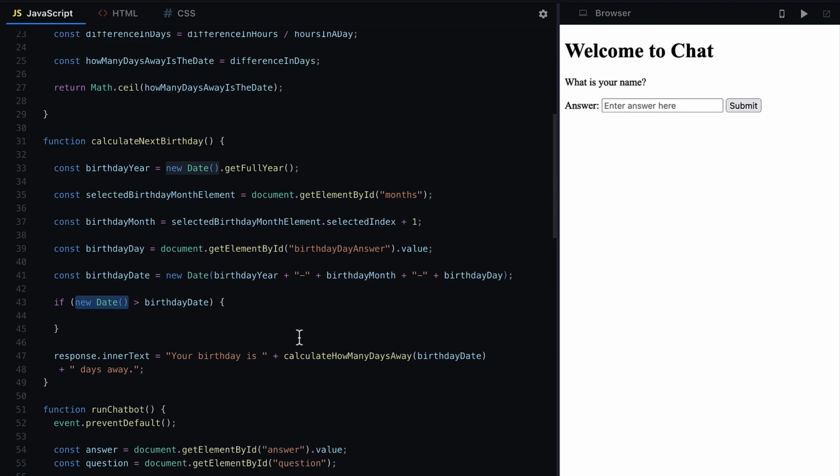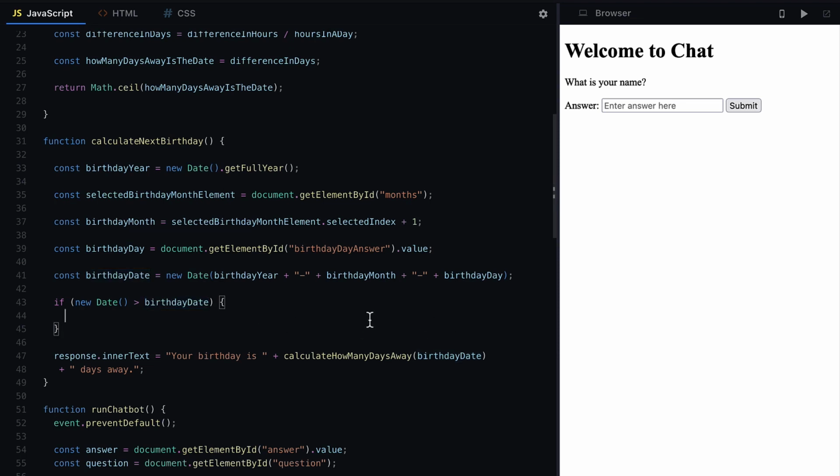And so if the date happened, then that means it was a smaller value. Every date, as we go into the future, the dates increase, and so do their integer representations. So that's why if the current date is greater than the birthday date, it means the birthday date is smaller,